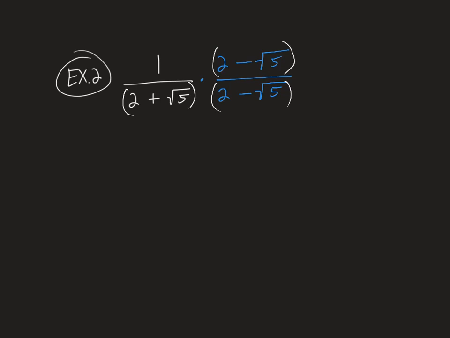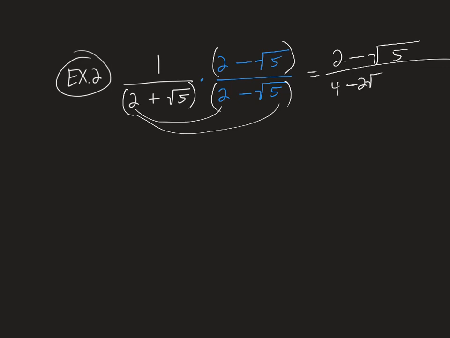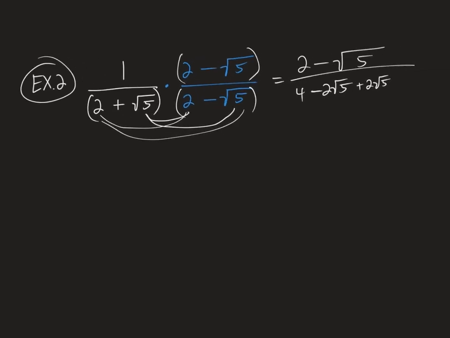And so 1 times 2 minus the square root of 5 is going to be 2 minus the square root of 5. That's easy. But down here on the denominator, this is really a FOIL problem. It's 2 times 2, 2 times root 5, so negative root 5, so negative 2 root 5. Root 5 times 2, so plus 2 root 5. And root 5 times root 5, so we'll write that as